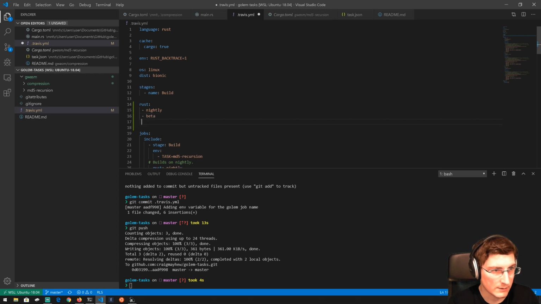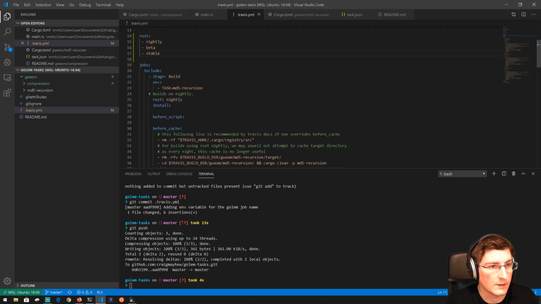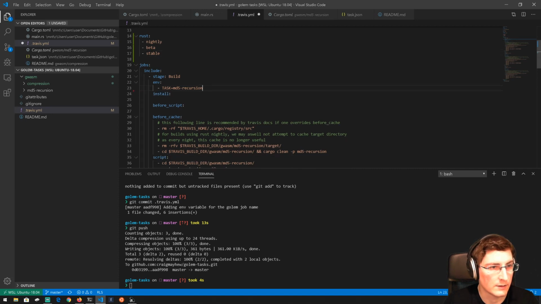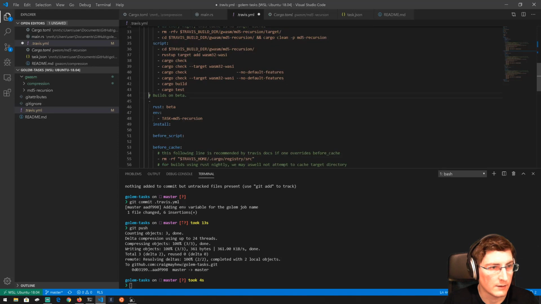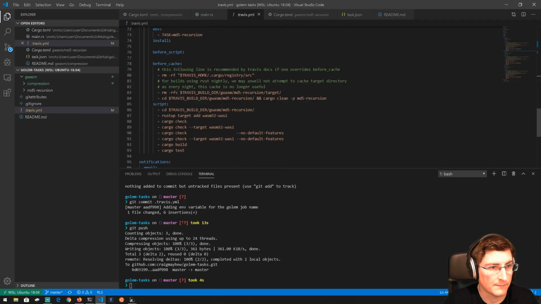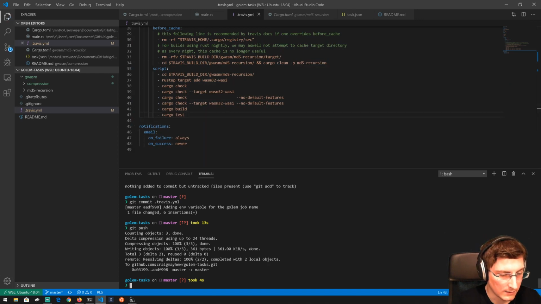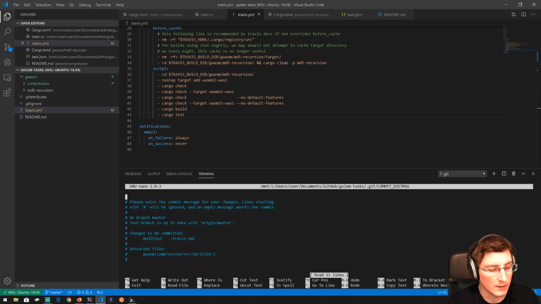So can I have beta, can I have stable, and then if I take Rust out of here entirely, then I get rid of this and this, and then we can say we're committing this, and we moved Rust versions